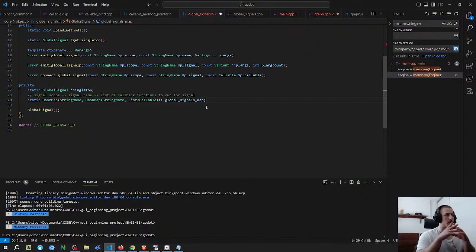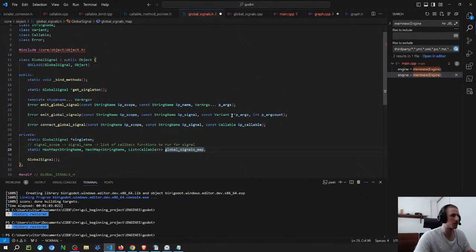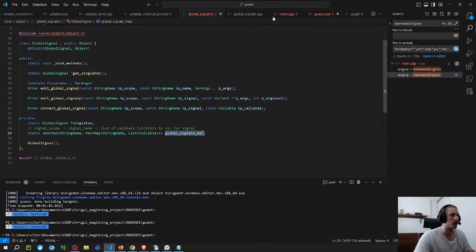I'm just thinking about the name now, because Global Signals is the best name too. I guess this name is the one that doesn't matter that much. Both names kind of don't matter that much because I'm always going to call from the function using the name of the class. So I think it doesn't matter if I put it like this, because this one is only going to be used inside of the other functions.